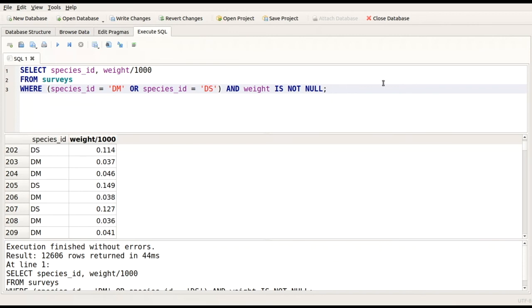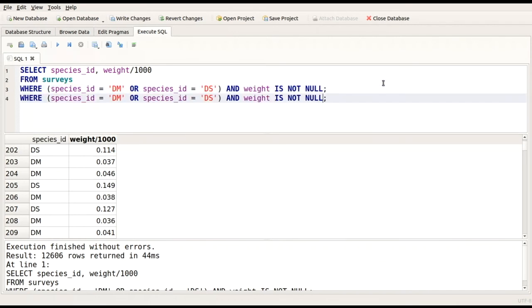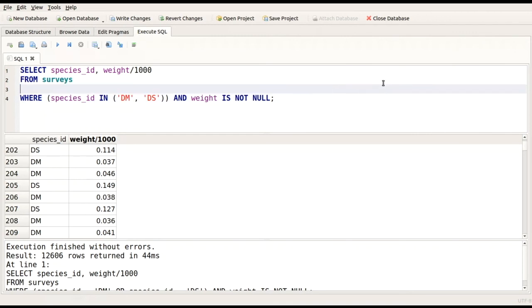The other way, I will copy and paste, and you can see you can use where species ID in, and you can give a vector with the different species. You can use DM, DS, and weight is not null. So both lines are